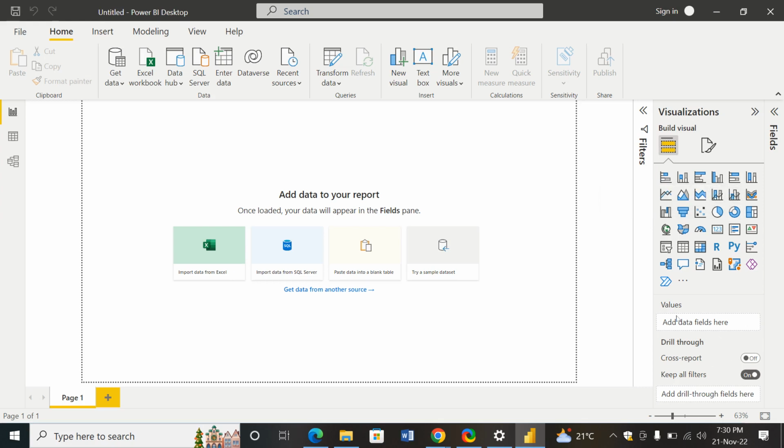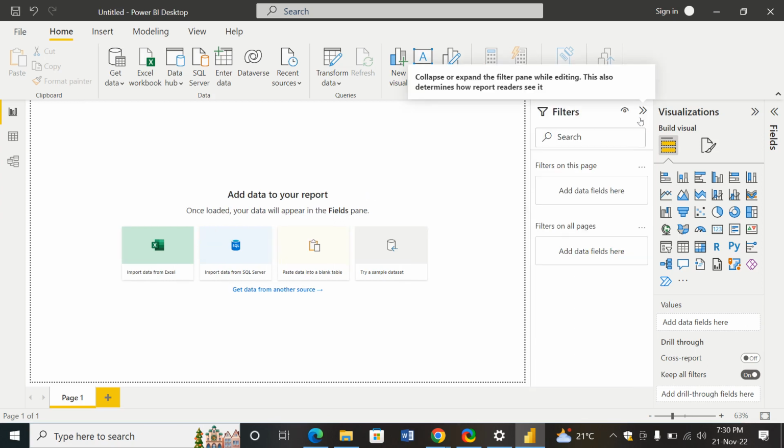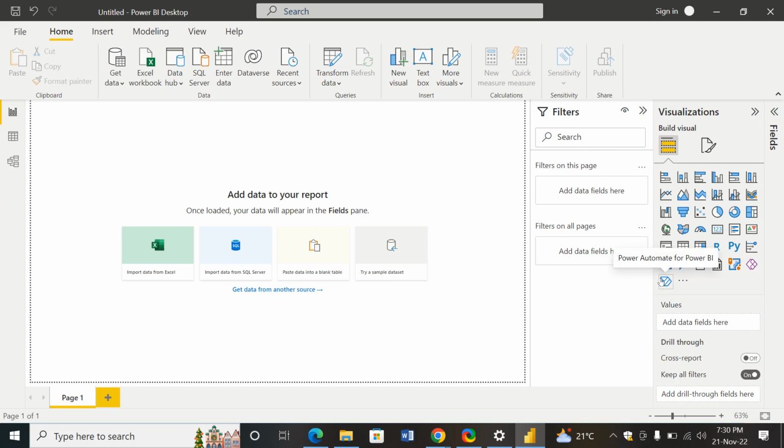Then we have the filters here. So under filters, we have filters on this page. You have to add data fields here. We're going to do that as you're using the sample data. Then under this, we have